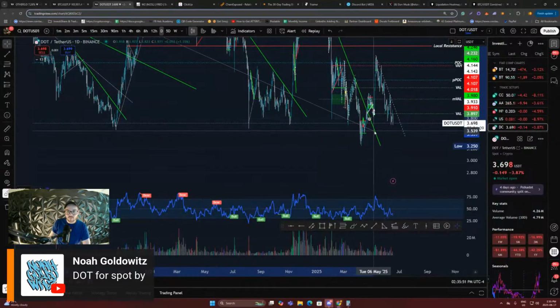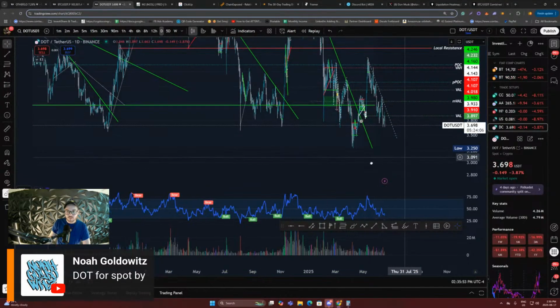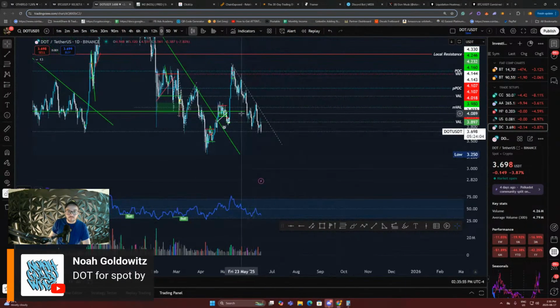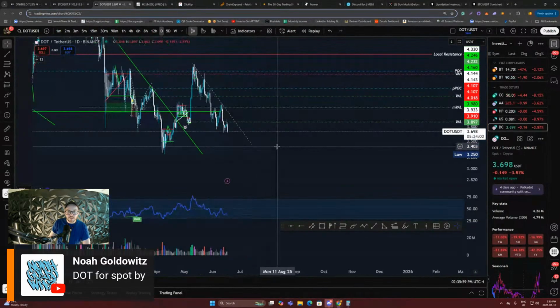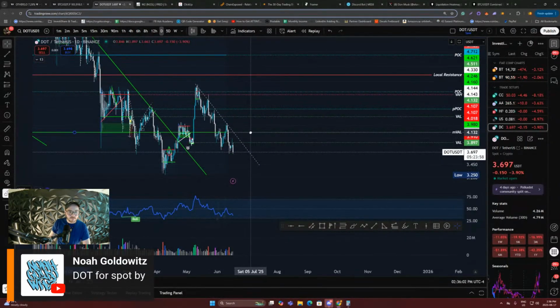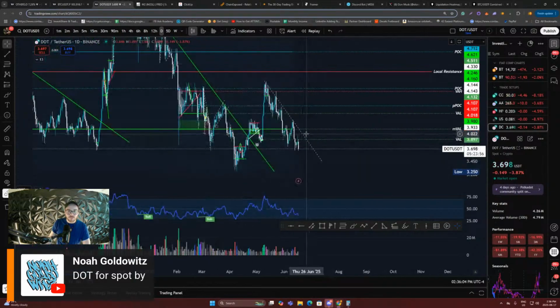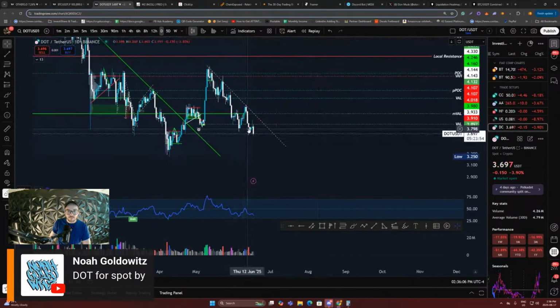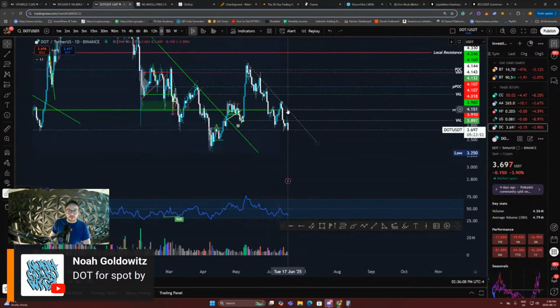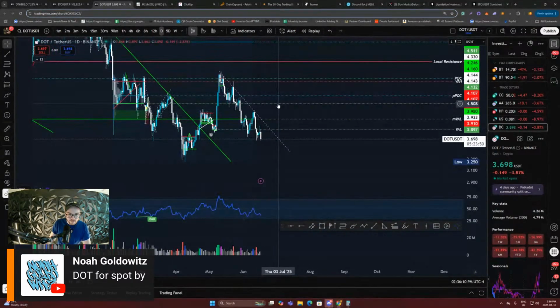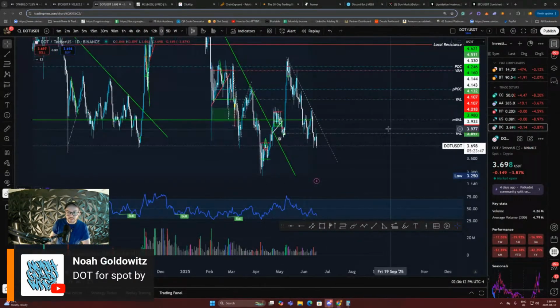So here, I'm just pulling the macro value area right now until the point where we lost it, to help us with confidence when knowing of potential barriers if we get a reversal. So if we fail to get acceptance to this value area, it could mean pretty rough price action for DOT, maybe